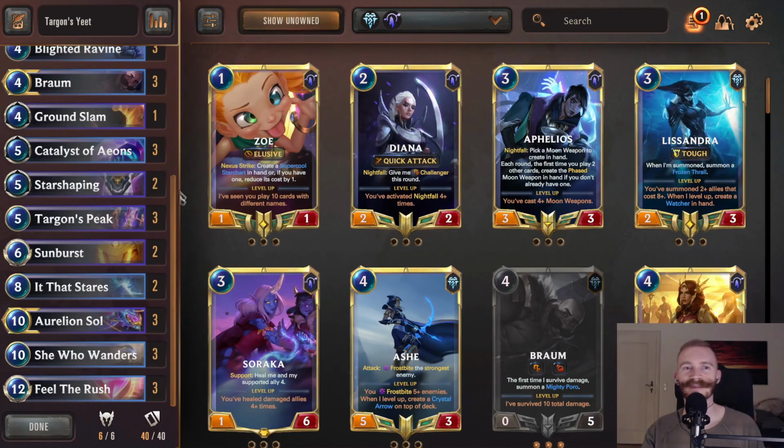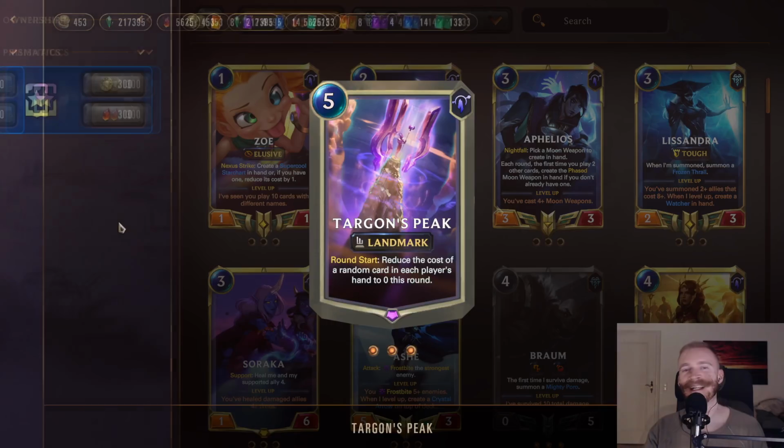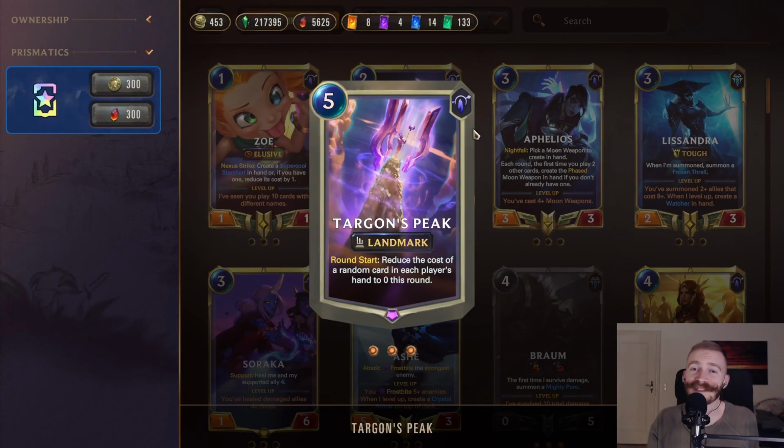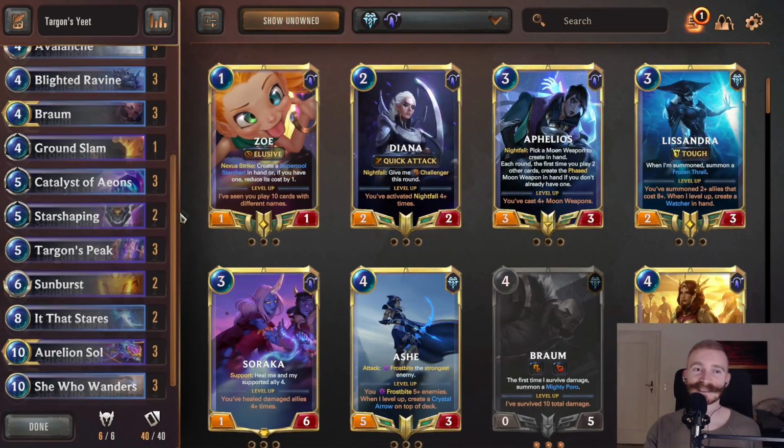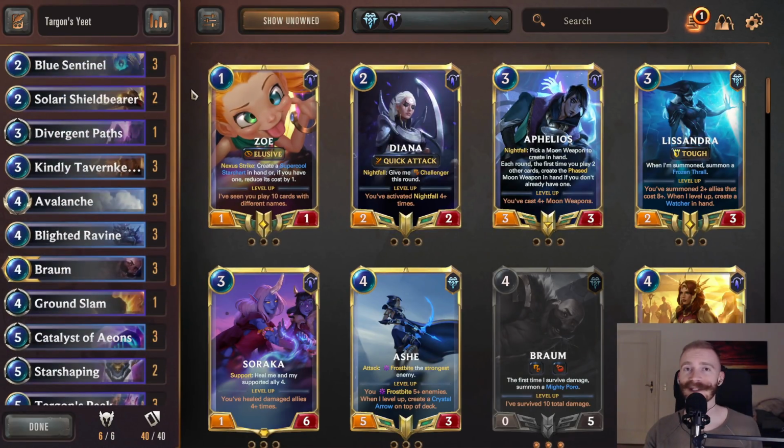And one thing to keep in mind here, why Targon's Peak is actually surprisingly well positioned in the current meta, is that most of your opponent's decks are going to be very fast, right? The meta is very fast, everything is very cheap. So usually hitting your opponent's cards and discounting them to 0 doesn't matter that much anymore. You benefit from that way more than your opponent would, just because there's not a lot of control decks in the current meta. But that being said, of course, you also can struggle a bit against aggressive decks,